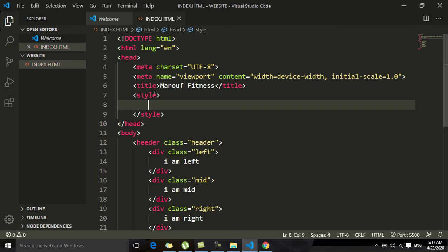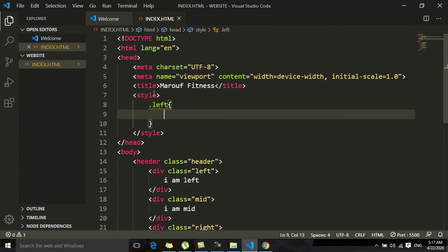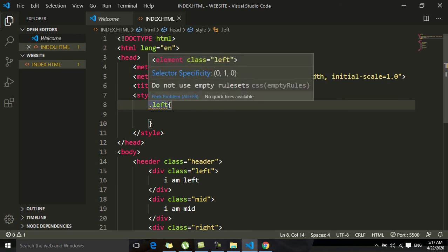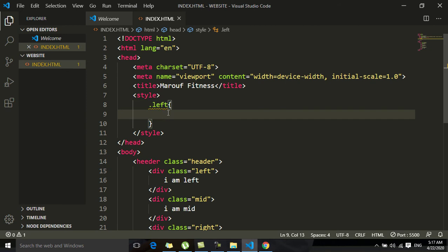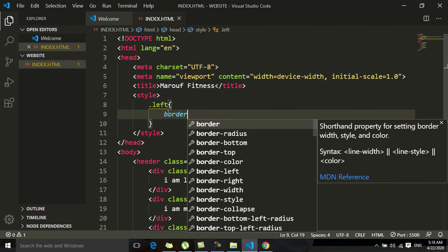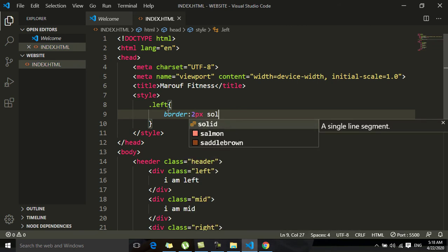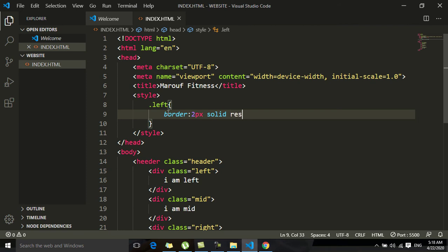To access the class, dot left, because my class name is left, and in order to access a class, we have to add a dot. We can access a class by using dot. So what I will do here, I will just add a border, border 2px solid red,